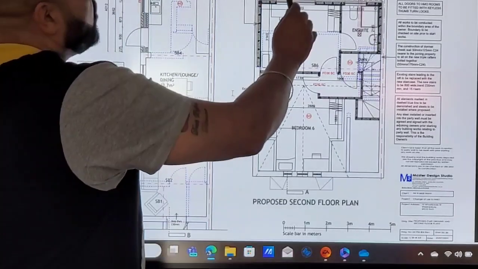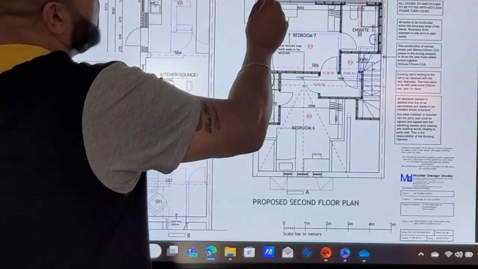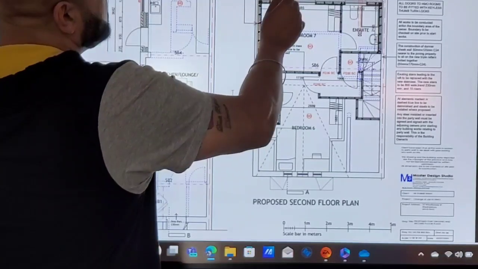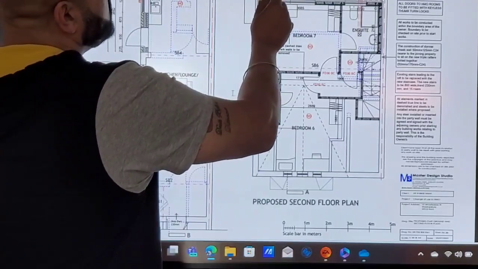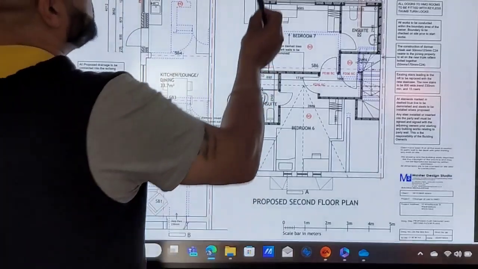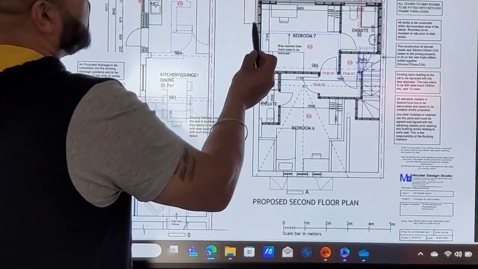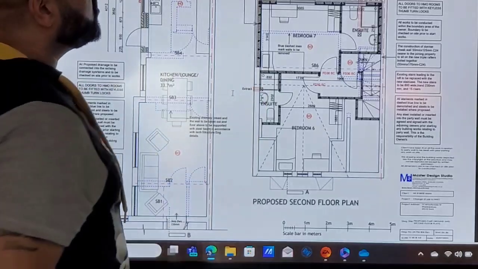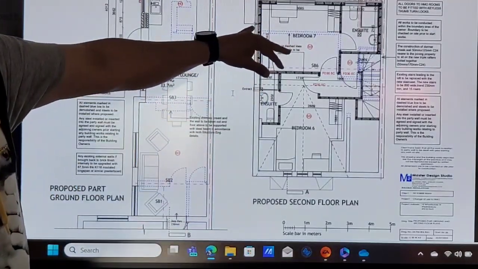Now this is a detail of the construction of the dormer. It says the construction of the dormer cheek wall, 50 millimeters by 125 millimeters C24, to sit on the inner leaf of the external wall. Okay, so it's basically telling us, and it's giving us the arrow there as well, the way the internal wall is going to, the construction of the dormer is going to start, and it's exactly marking it with the arrow there. Okay,